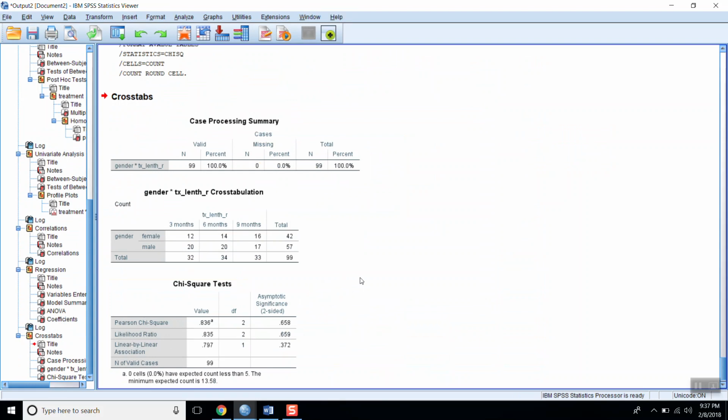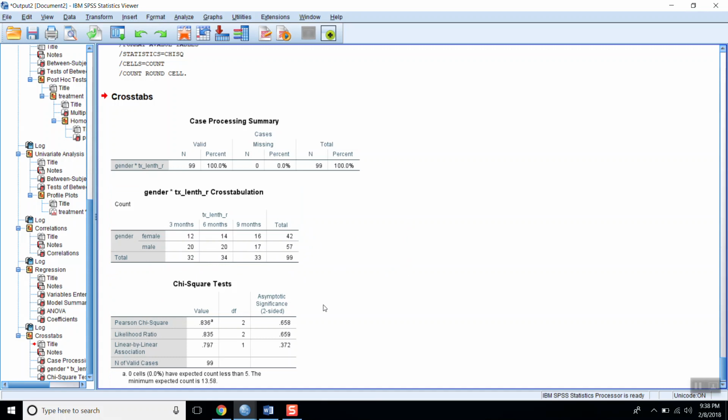Okay, so it gives you a little chart telling you how many females were in therapy for 3 months, how many were in treatment for 6 months, how many were in treatment for 9 months, and then same thing for males. And it gives you your totals. It kind of looks like what we were doing a little while ago with our factorial charts, except in our factorial charts, the numbers in the columns were like a continuous score on the dependent variable. These are just frequency counts.